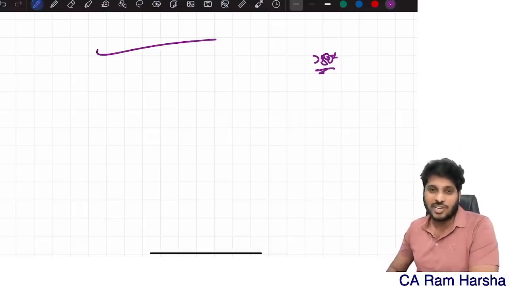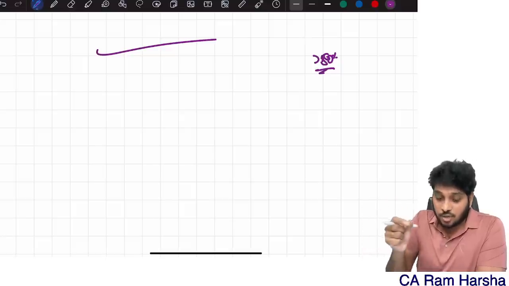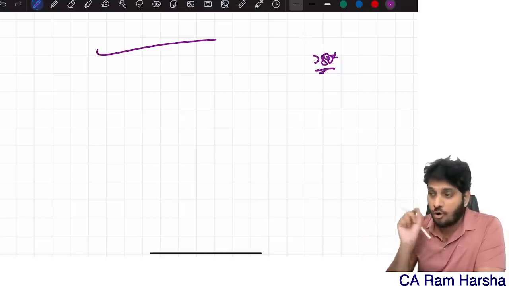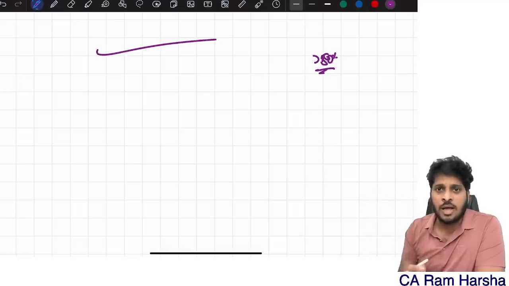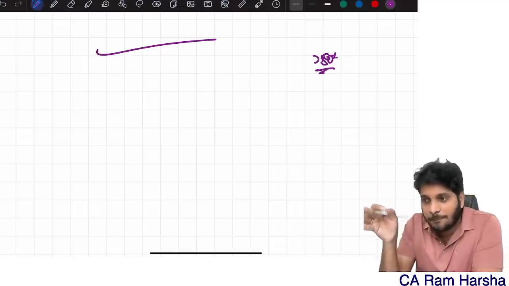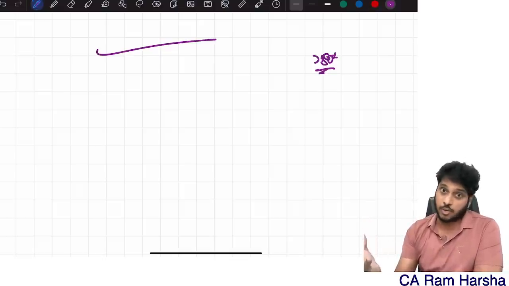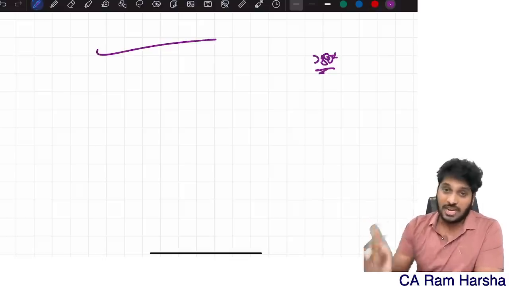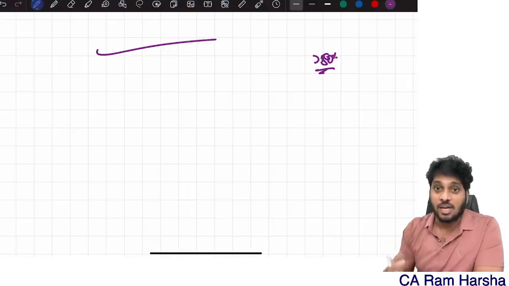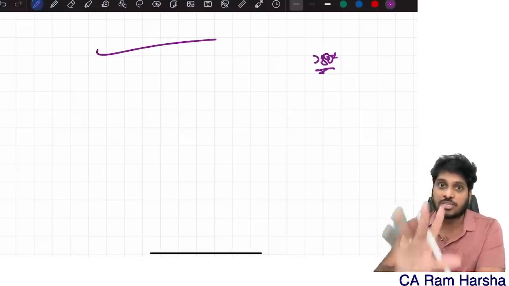And what happens generally? See here, why this happened, because you selected that question number 3B, or 2A, 4C, some question above, based on a brief reading. You don't know what exactly the complexity involved in that question. Prima facie, when you saw some random lines briefly, you felt the question is very tempting, attractive, easy. You selected it and started. But only when you start writing the answer, you understood that this is something different. This is something more difficult than what you expected.